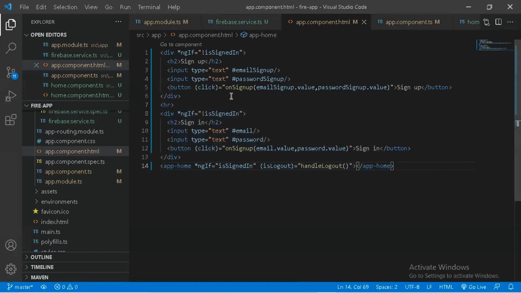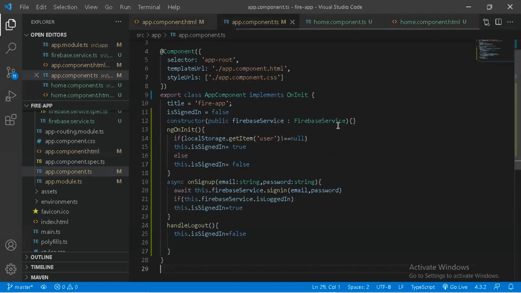Whenever I click on my sign up button, it will take the email sign up value and the password sign up value. Here are the functions, my onSignUp and onSignIn functions. My onSignUp function takes the email and password from the user, connected through promises, so async and await.